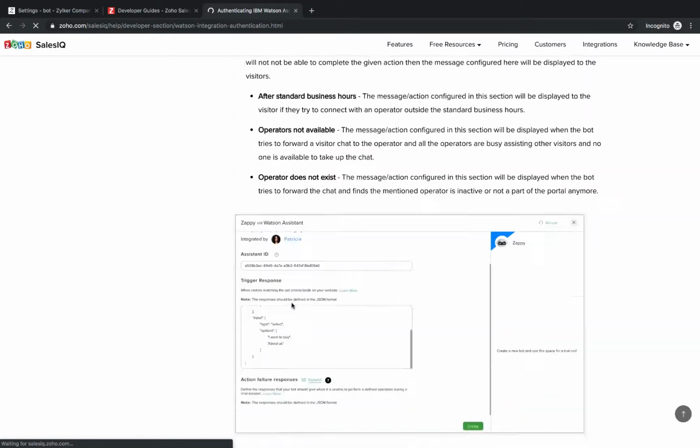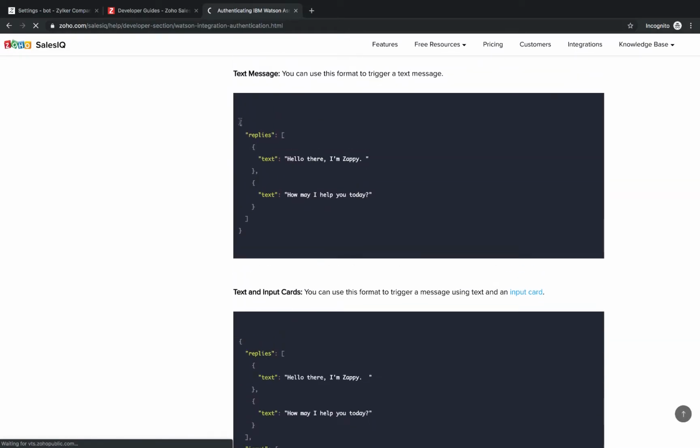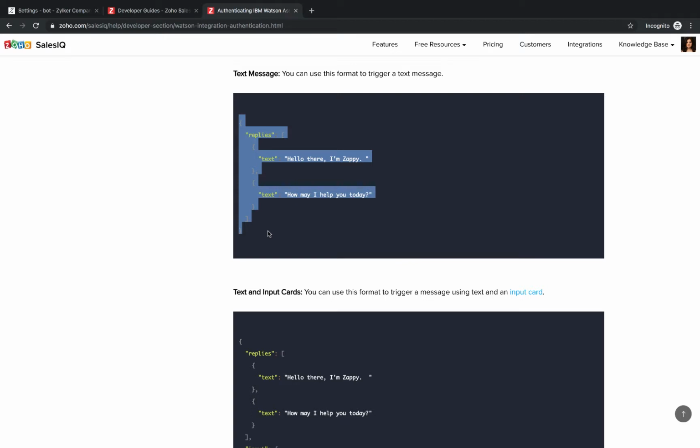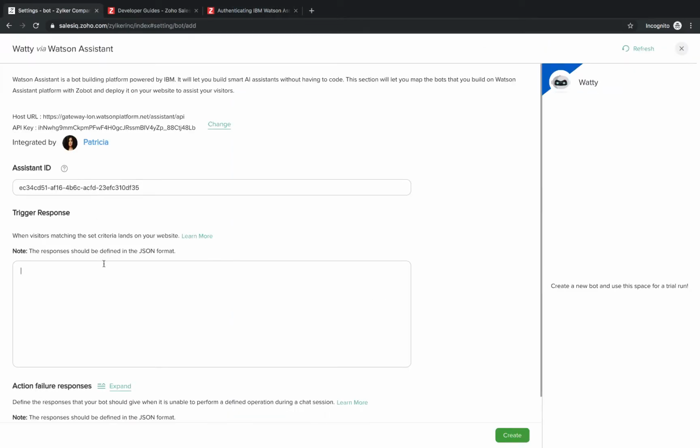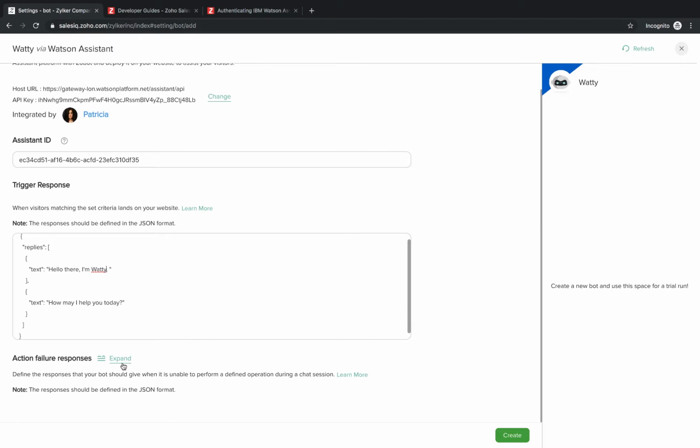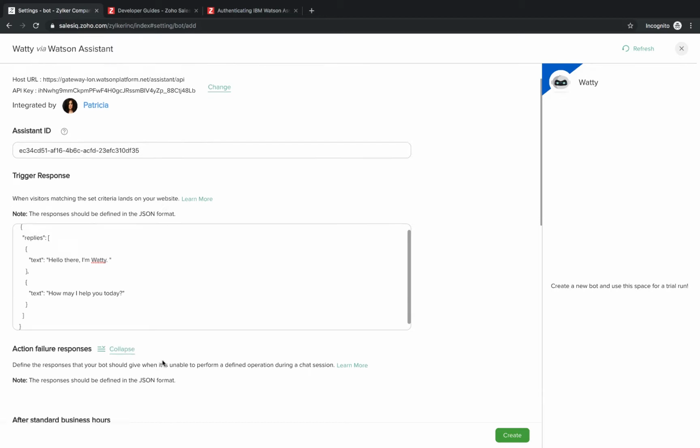And I'm just going to copy a small bit of a plain text trigger message, and I'm going to paste it inside my trigger response section, and I'll just make small changes because my assistant's name is different. So I can also configure action failure responses